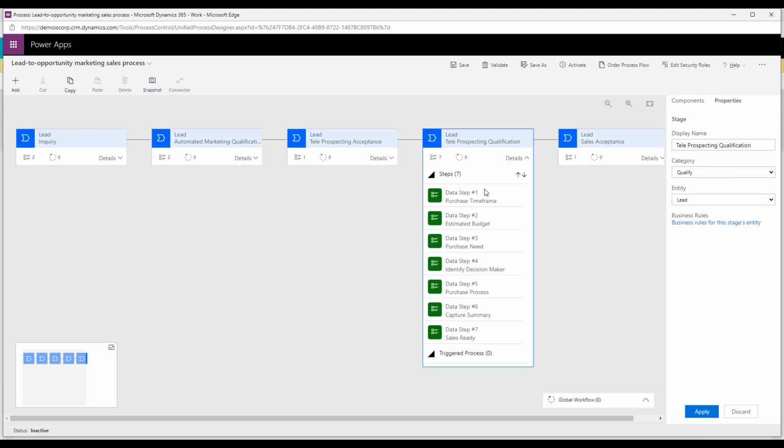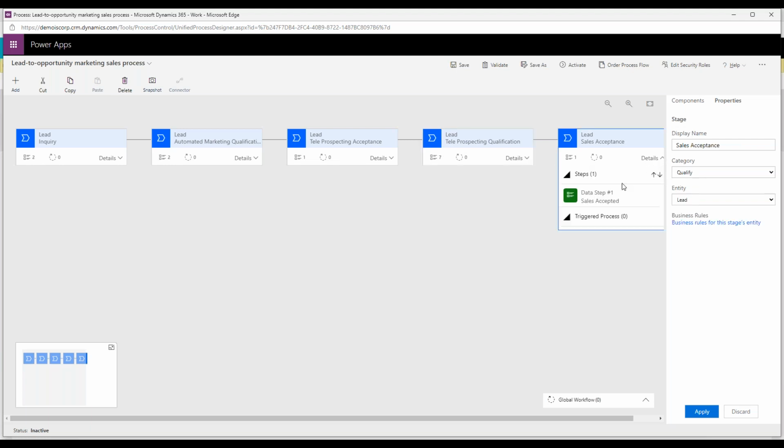But when we get to this prospecting qualification, I also want to know the purchase time frame, budget. So all this information is coming from the original lead and things I'm bringing in. And the reason I need this is, this is the time that I can hand it off to sales, because A, did it get qualified? And then sales accepted it. So once that happens, you kind of get to see,